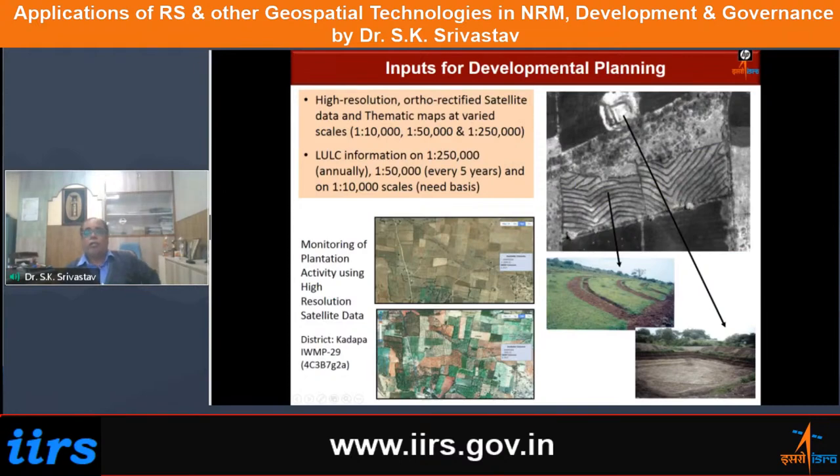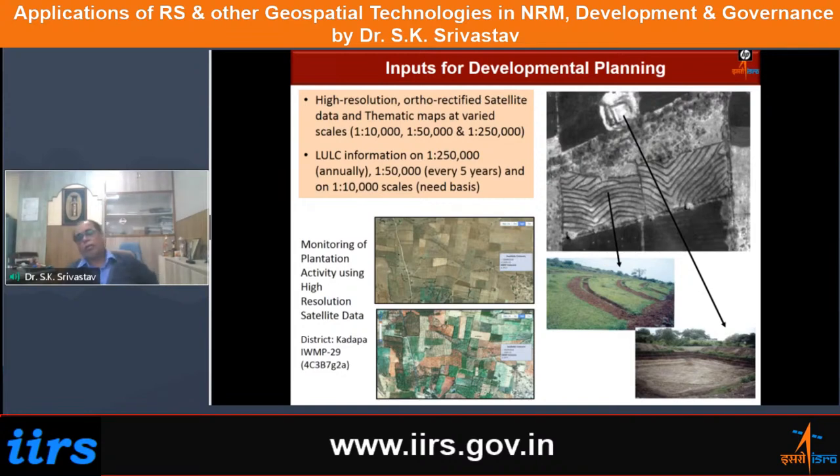Then there is also a lot of work being done towards developmental planning, towards infrastructural planning. So a lot of data sets, particularly on land use and land cover, have been generated. A lot of satellite images, also rectified satellite images at different scales, have been generated, and they are available in the public domain. In fact, most of them are available in the Bhuvan portal of ISRO. And here I would like to mention before all of you that for any kind of developmental planning, the fundamental information required is the information about the land use.